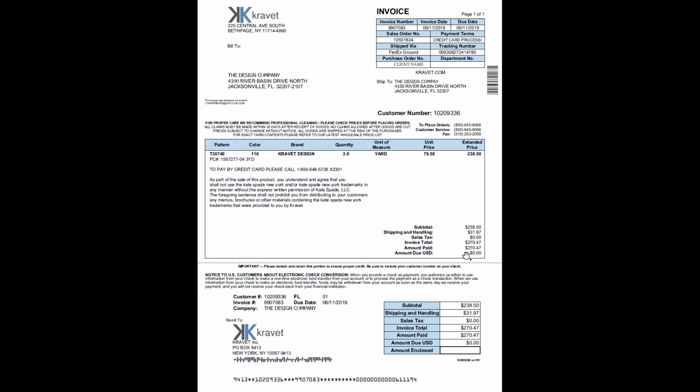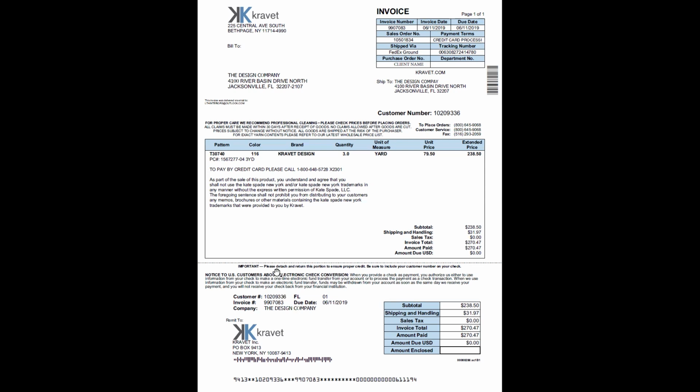Okay. We can see here there's information about the total, shipping and handling, and invoice total. Now, this should be close to the cost on the estimate. I'm not going to go back to it quite yet, but I've got a copy of the estimate in front of me. For this trim, it was 3 yards at $79.50 per yard. And so the cost here is correct. The freight may be a little bit higher. We'd have to look at our proposal to see if we correctly estimated the freight for our client. If not, we may have to ask them for a little bit more money.